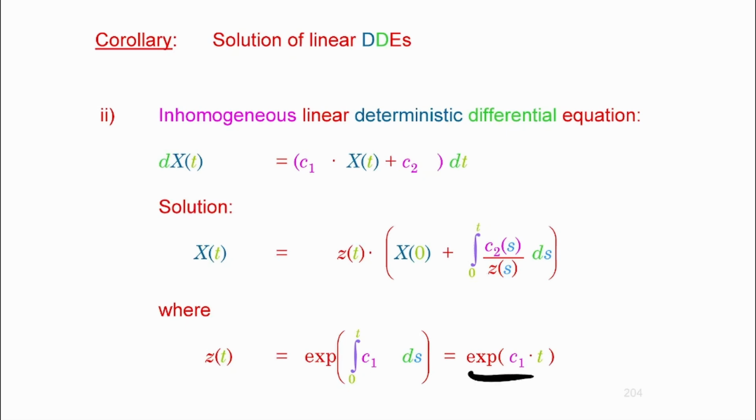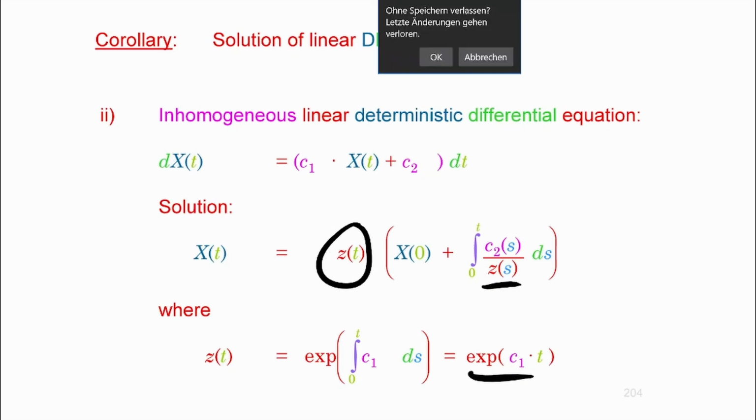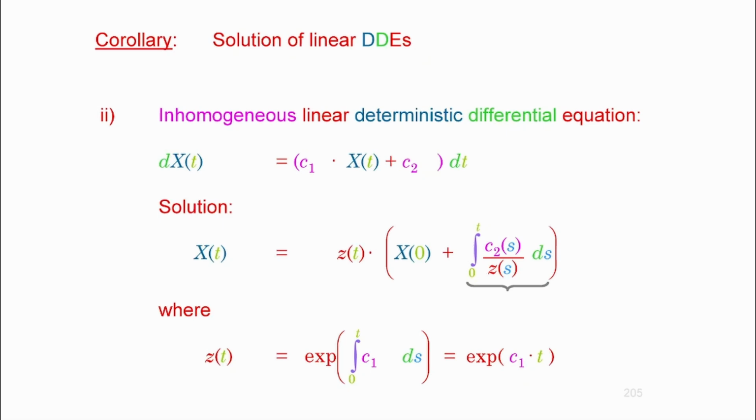So that is just this function now. All right? As well as that one. Z at point s is going to become e to the power of C1 times s. All right? So if you change the argument from t to s. I'm going to calculate this integral, and keep that in mind because I'm going to use that one quite frequently. This goes from 0 to t, of course.